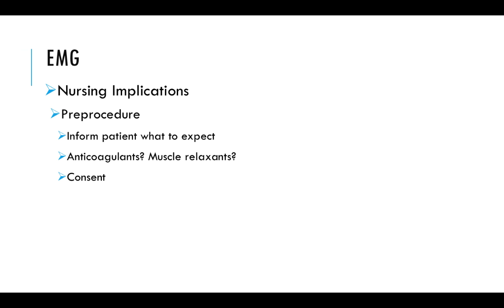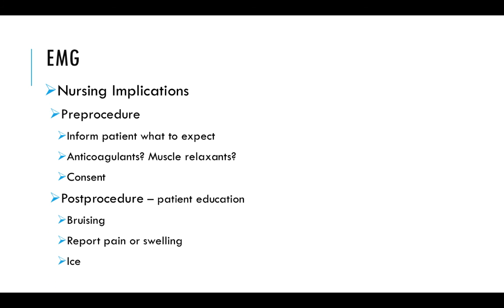But you can't give pain meds or sedatives because that will cause problems with the results. Okay, so nursing implications, pre-procedure: you need to tell the patient what to expect. They need to stop their anticoagulants and muscle relaxants well before the procedure, and then you need to get consent. That's all pre-procedure. Now, post-procedure, you need to tell them that they're going to have some bruising and some pain,